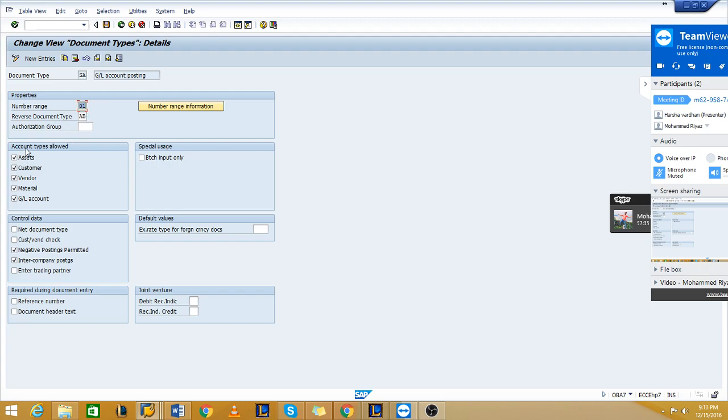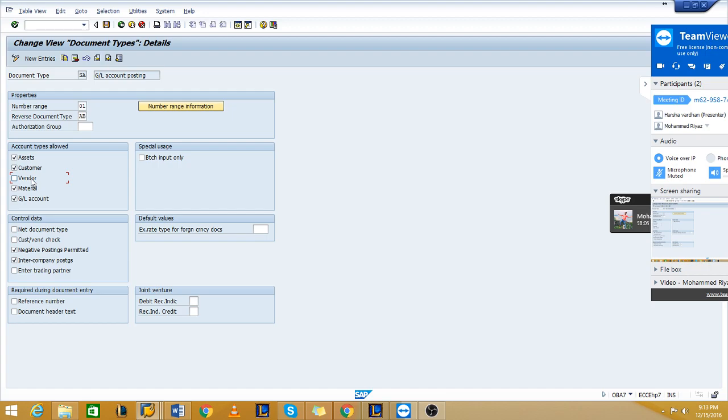So under this you can see accounts allowed, account type allowed. In the SA document type you can post any document, any transaction related to asset, customer, vendor, material, GL. Now if I deselect vendor and save, what happens is, using an SA document type you cannot post anything related to vendors.